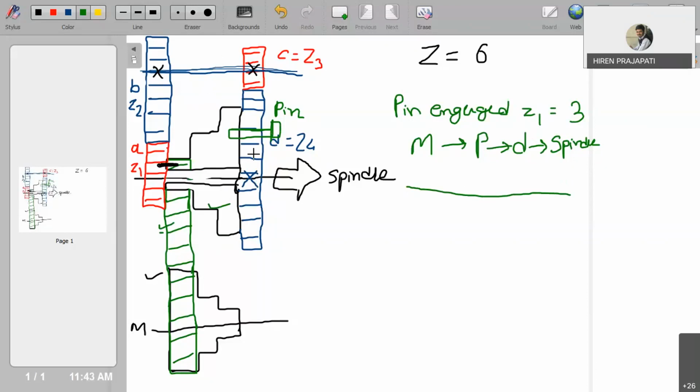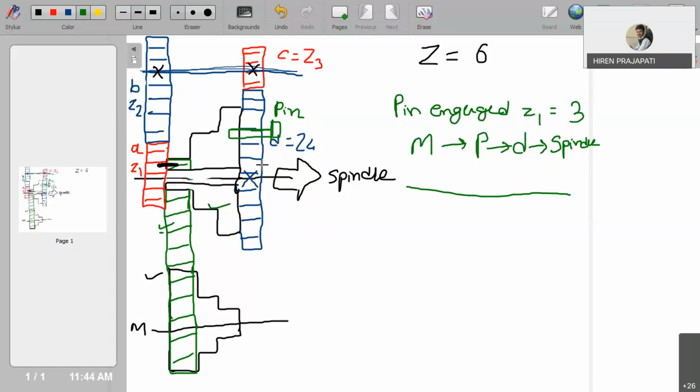But now if the pin is removed and back gears B and C are engaged with A and D, then how does motion transmission take place from the motor shaft through this pulley to this output pulley on the spindle? From the pulley rotation on the spindle, motion transmits to gear A. From gear A, motion transmits to B. As B and C are on a common back gear shaft, B rotates, then C rotates, and from C, motion transmits to D, and D is fixed on the spindle, so the spindle will rotate.